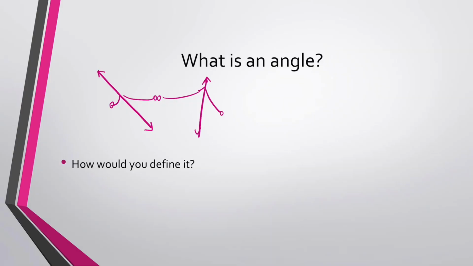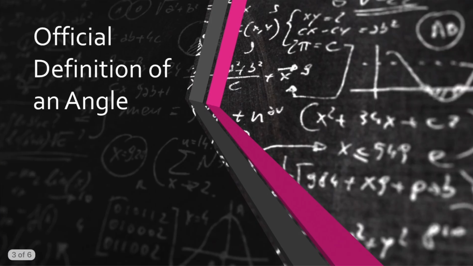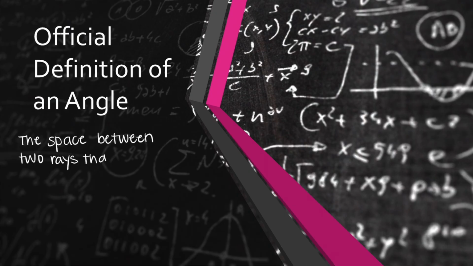Well, how would you define an angle? Let's say someone has never heard of an angle. How would you describe it using geometrical terms, using terms that you would experience in geometry? So the official definition of it is this: an angle is the space between 2 rays that intersect